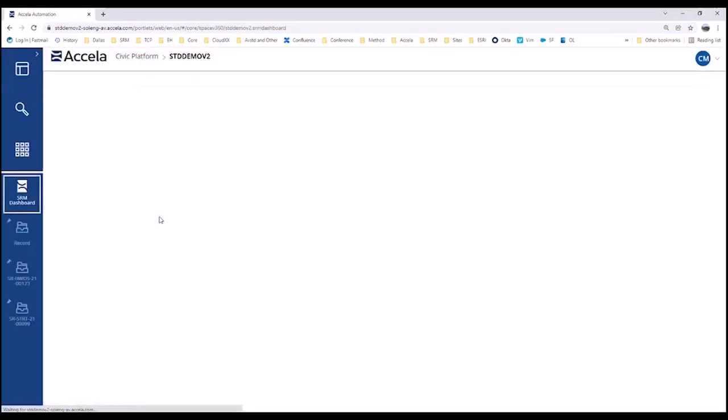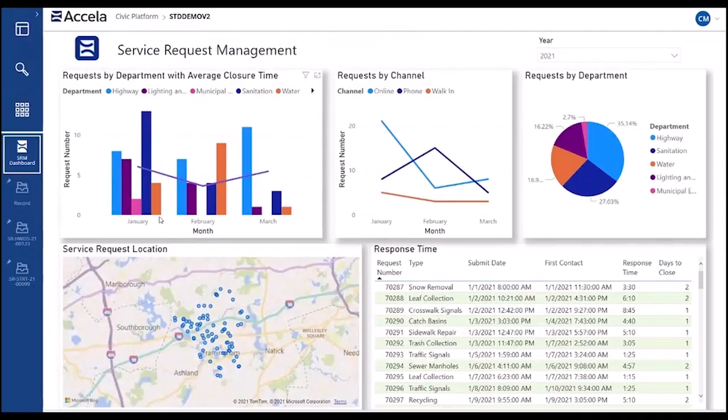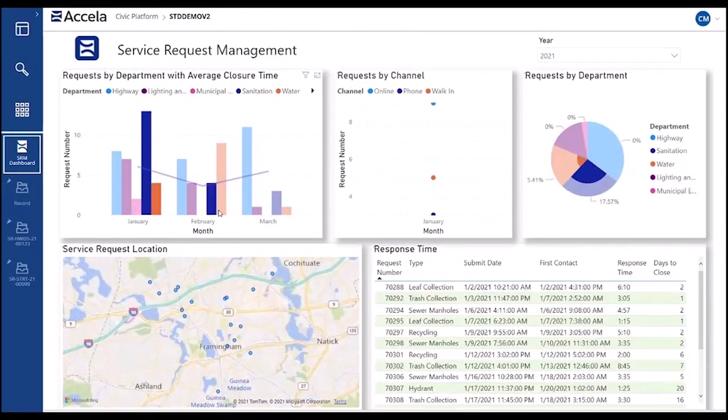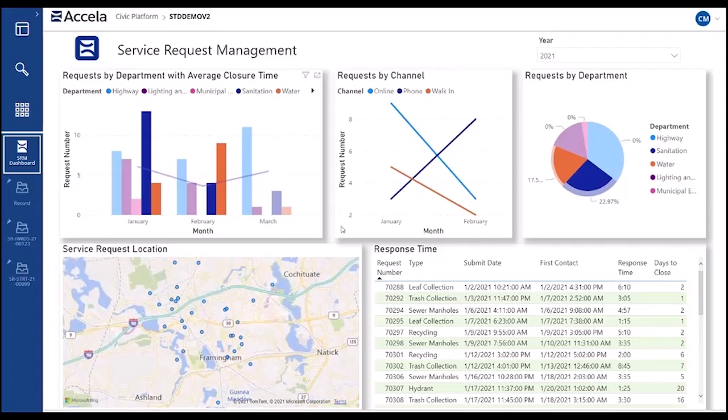The first thing that we see logging in as the CSM is the service request dashboard. Accela Insights, powered by Power BI, allows the ability to see different views of the data. The graphics are also dynamic. Interacting with different data on the dashboard will effectively filter the remaining data shown by what is selected, giving various